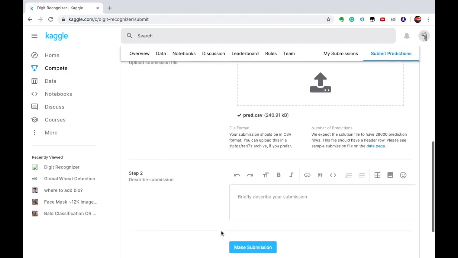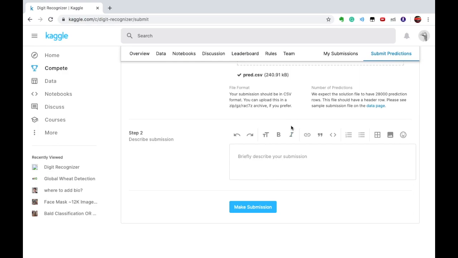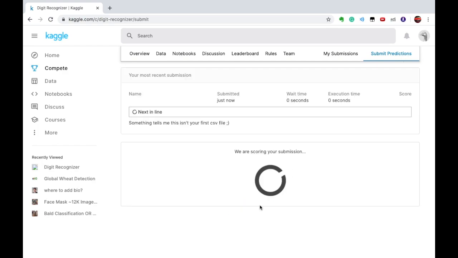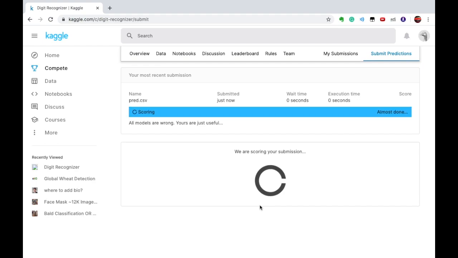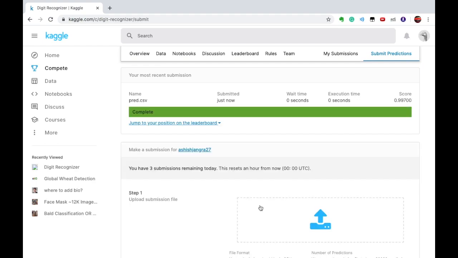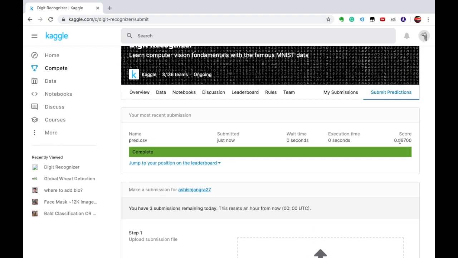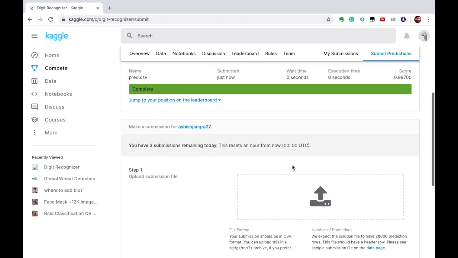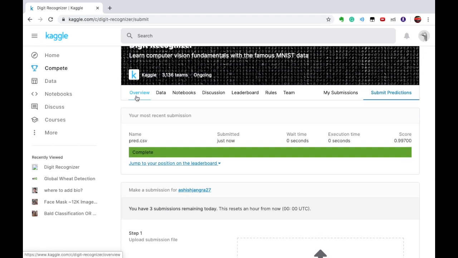It is uploaded, and in the description I write better CNN for MNIST, and make the submission. Now it is scoring. It is completed, and yes, we are getting a better accuracy of 99.7%. Previously we had 99.4 something, so now I am getting a better accuracy.